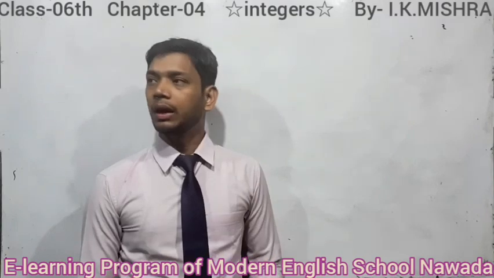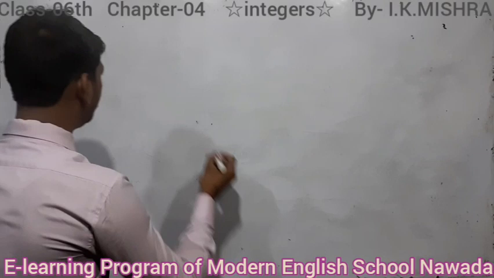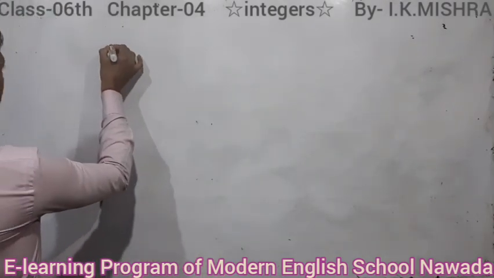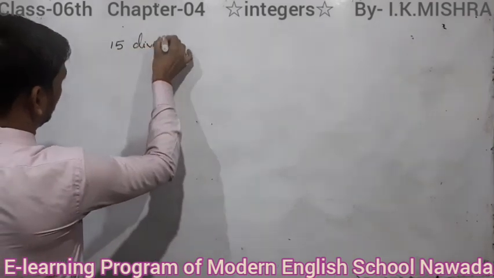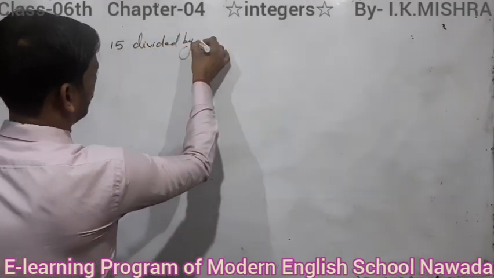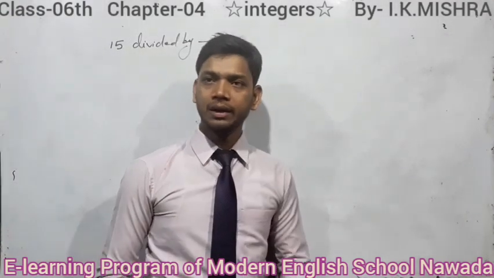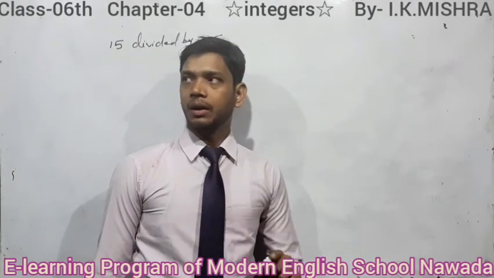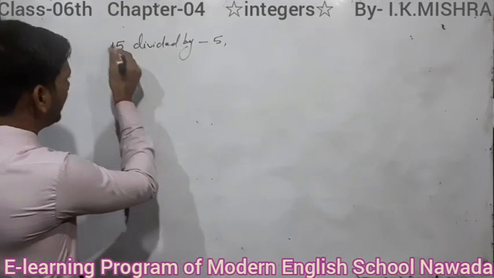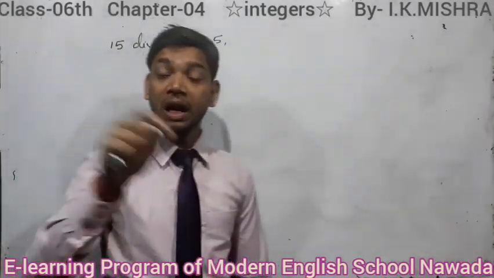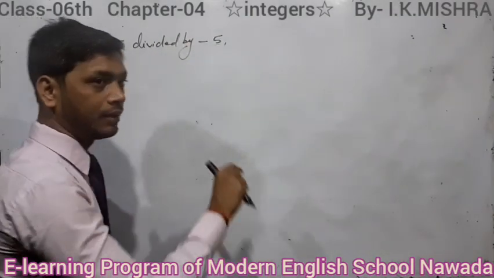Suppose, students, an integer 15 divided by -5. Students, here always be careful: division is done only on the numerical values of the integers, regardless of the sign. So here you have to divide 15 by 5, and when